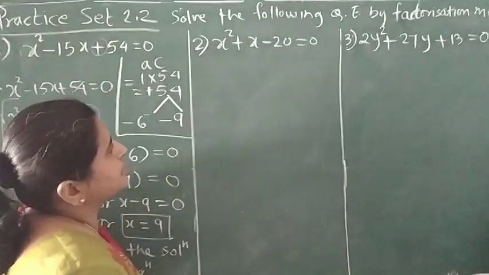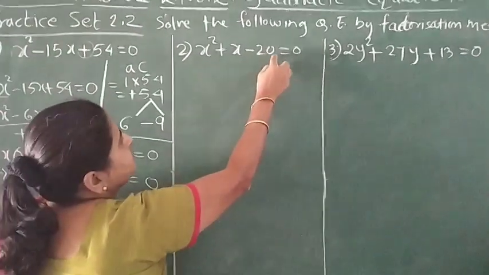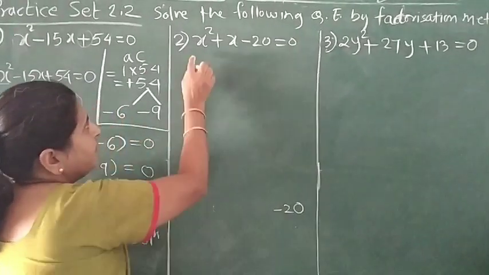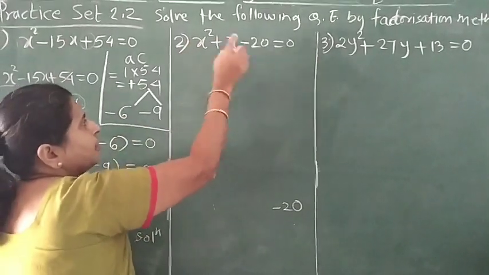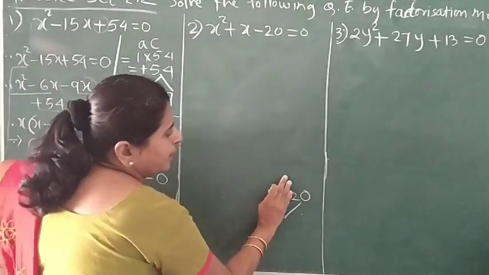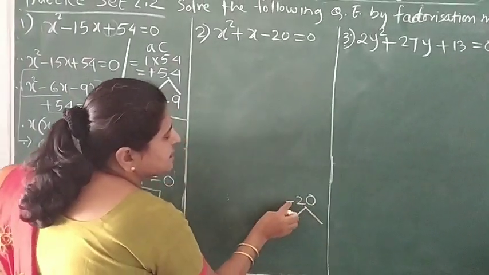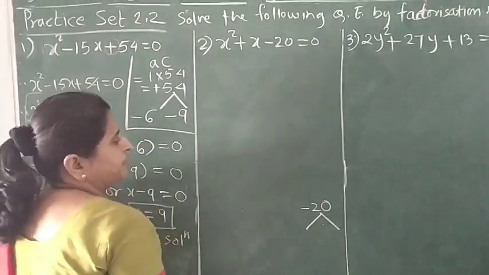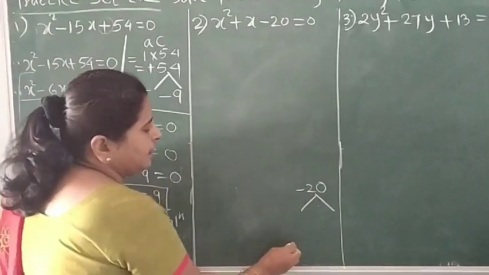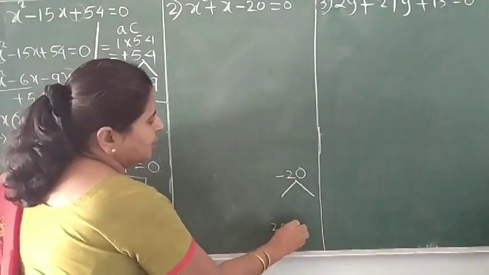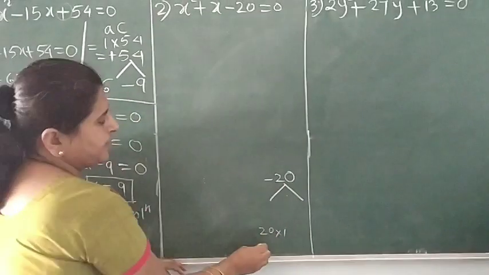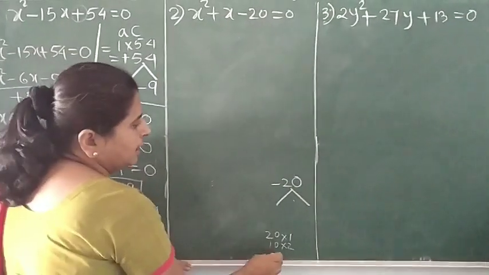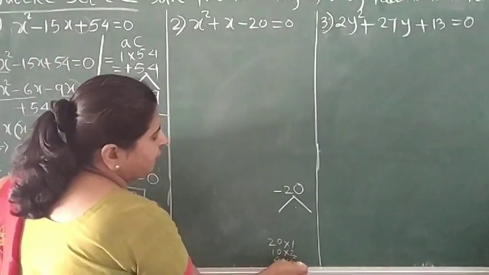What is the second question? Second question, x square plus x minus 20 is equal to 0. Let me do the work here. Copy this minus 20. The value of a is again 1. Concentrate on the value of c. Now the factors of 20 should be such that their subtraction should be equal to the middle term b. The value of b is what? Nothing, means 1. So the factors of 20 can be 20 1s are 20. Is the subtraction 1? No. Then 10 2s are 20. Is the subtraction of 10 and 2 equal to 1? No. Then it can be 4 5s are 20 or 5 4s are 20.